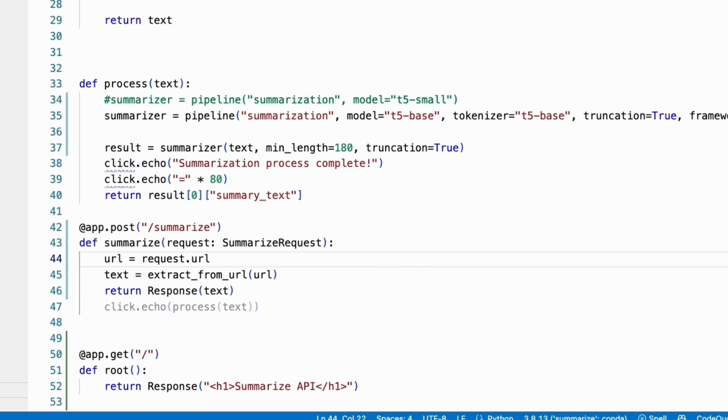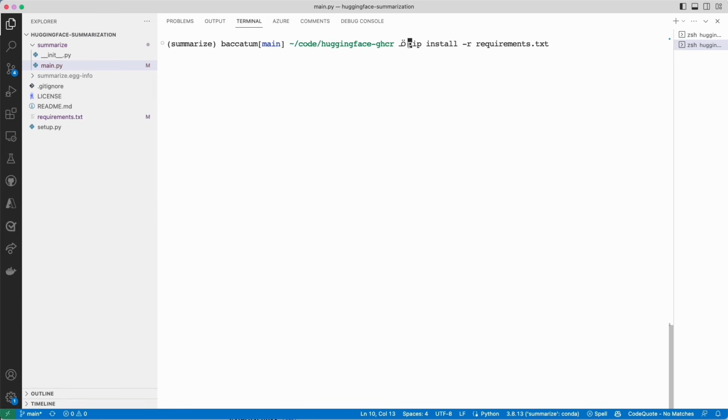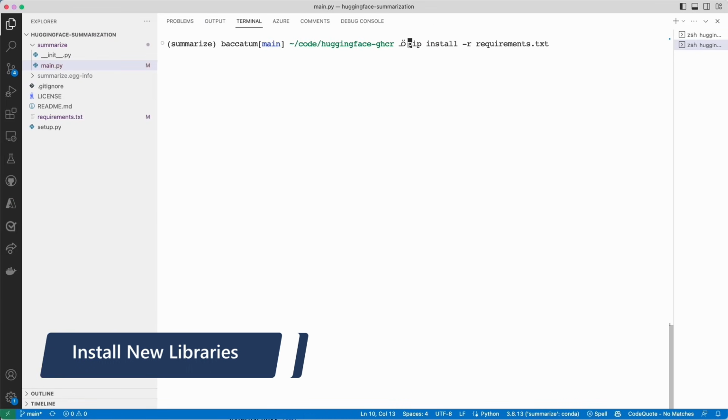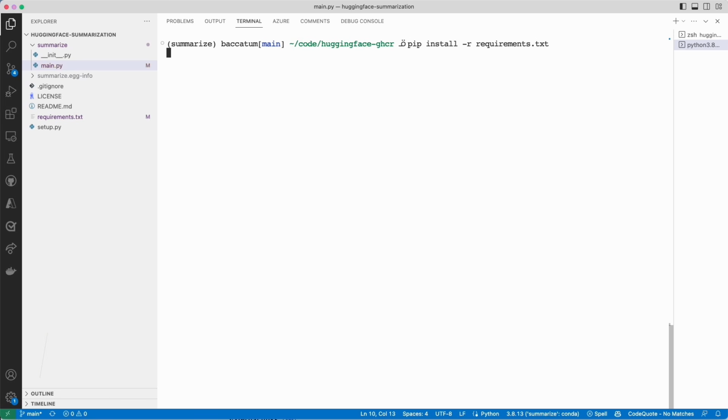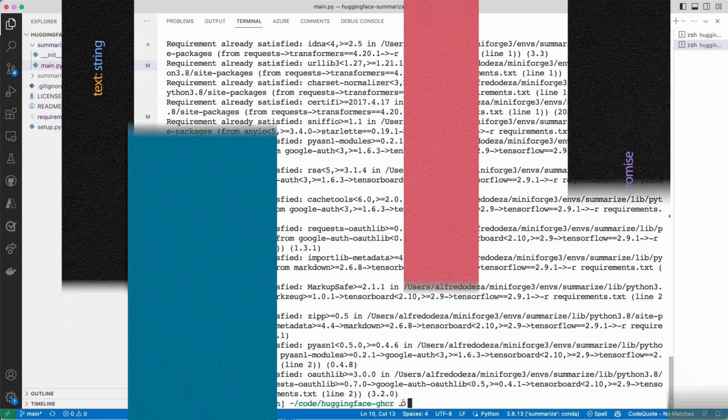So I'm going to save that, and then I'm going to look at all of the functions and make sure that the command line tool framework bits and pieces are no longer used. In this case, 38 and 39 will go away. So I'm going to install the new libraries and make sure that we have everything we need to run this HTTP API. So very quickly, everything is in order. Perfect. We were able to complete that.